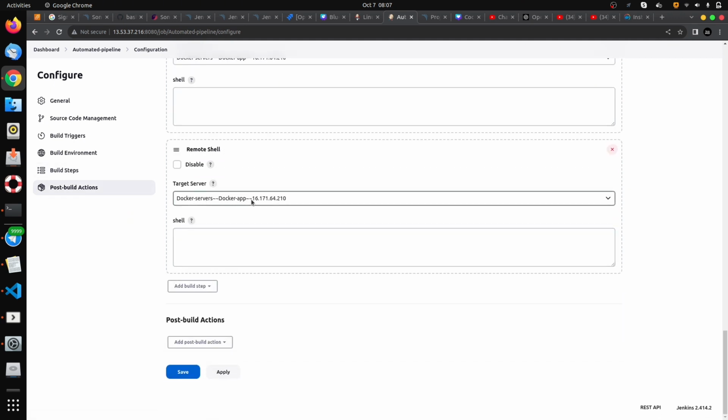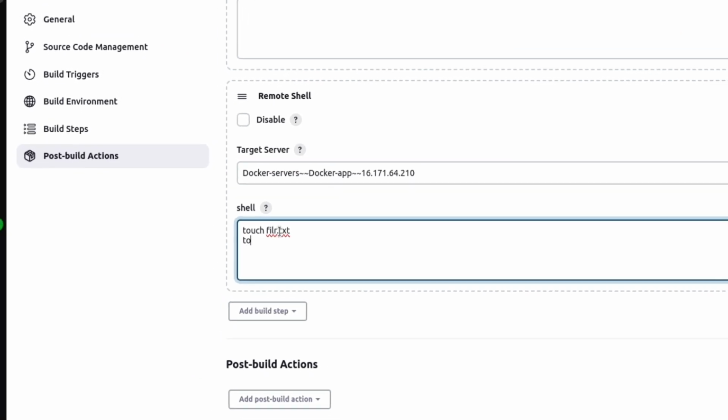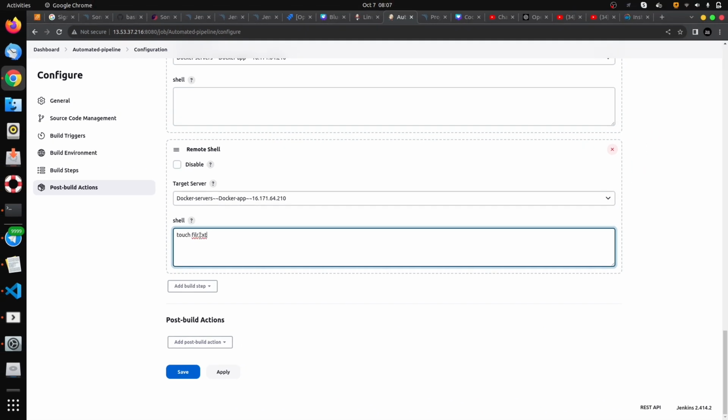Docker server, Docker app, our Docker server IP address is here. And let's do something here, like in remote shell we can create a file or folder. So here I'm going to create a file with touch file.txt. Yes, let's create one file now and let's verify it's working or not. File.txt. Let's save this